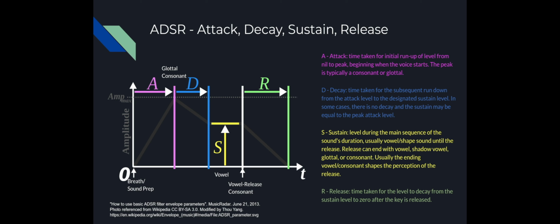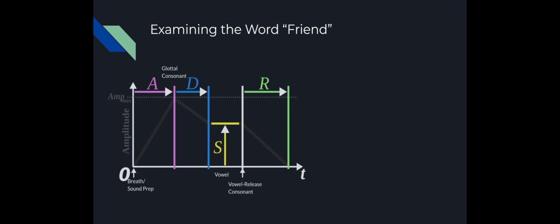And let's go ahead and take a look at an actual word that can help us. So we're going to examine the word friend. Right. So here's our setup again. And notice how it starts off at the very beginning. So that's after our breath preparation is the attack of the sound, and the r is our decay, the fr is right where the decay starts, right? That's the peak of the attack, and when it decays, the vowel becomes our vowel.